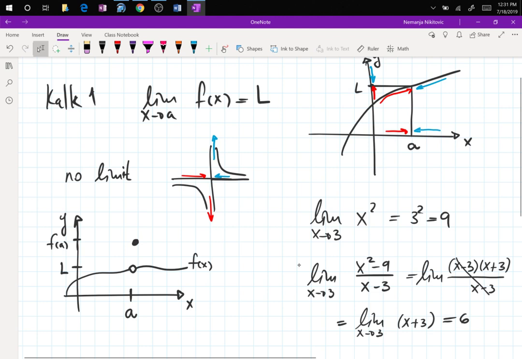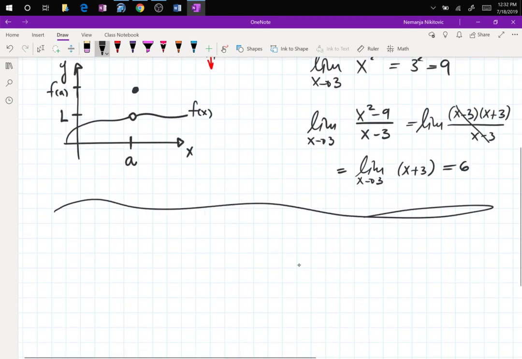But the idea is when you look at the limit for R2, the only ways to approach A is to approach from the left, which is red, or approach from the right, which is blue. And we have those defined as limit x goes to a minus and limit x goes to a plus, right? Those are the notation that we use for the left and right approach. But that's it. That's all you can have. Now consider